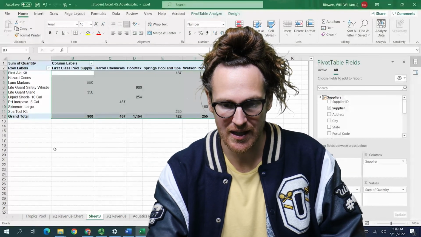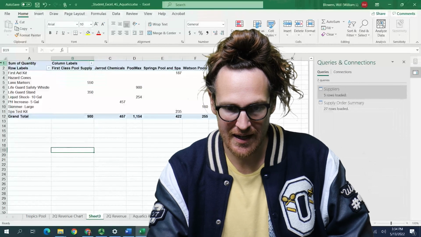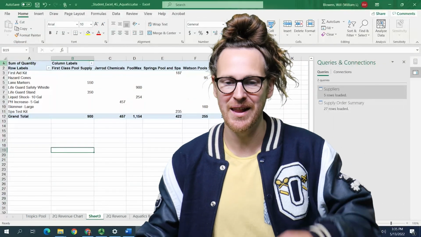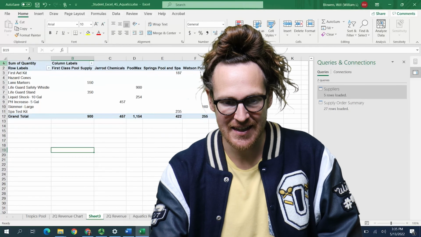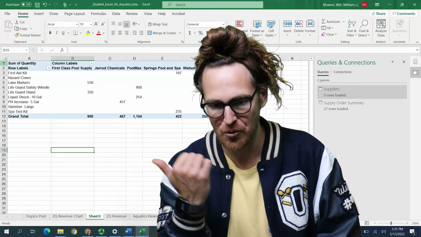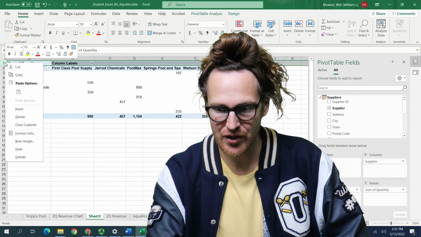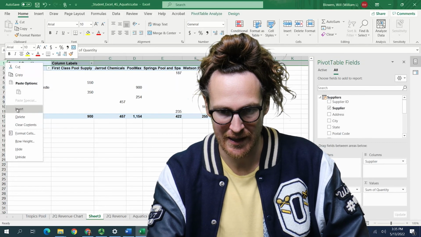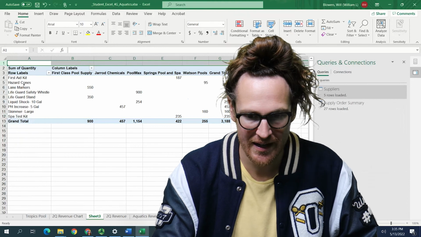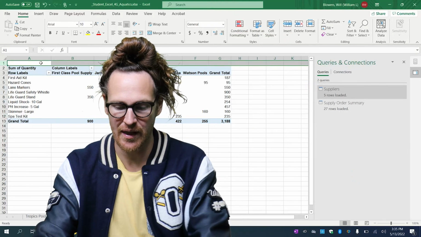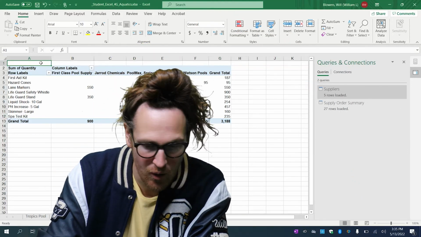So go ahead, you're welcome to click off that range. And right above the 1 right here on the top left, what you want to do is get this cursor, it's a black arrow pointing to the right, and then right click on top of that. And what you want to do now is click the Insert button, and that'll insert a new row right here. Then in cell A1, that's alpha 1, we're going to type Aquatics